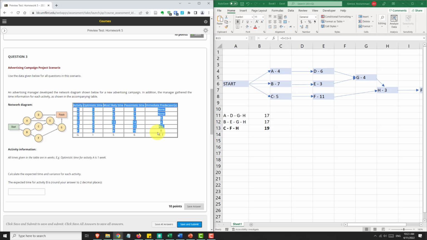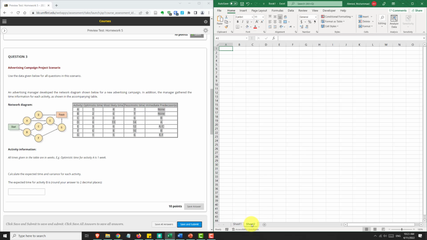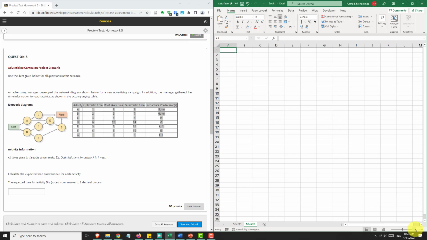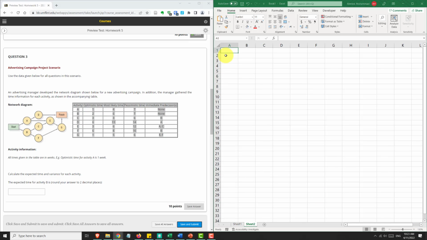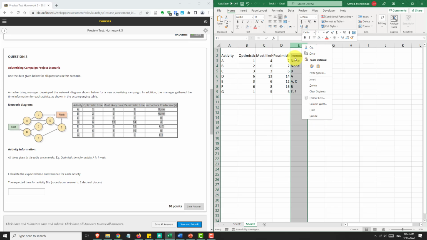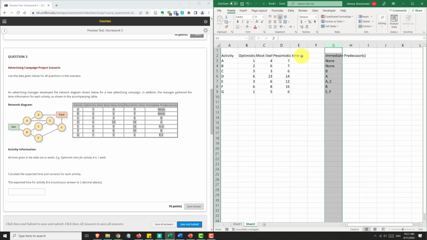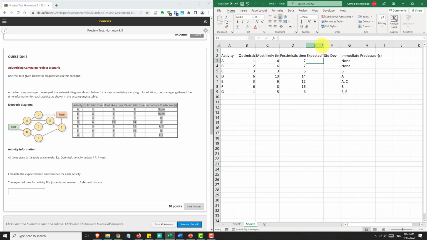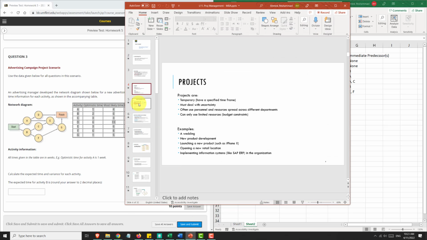So we need to copy this table into Excel. Okay. And then we can move this column to the side because we need 2 additional columns, which is the expected time and the standard deviation of time. Okay. And how do I know we need these columns? If you go over the slides, you'll know it's explained in the lecture. So if you go to the slides,